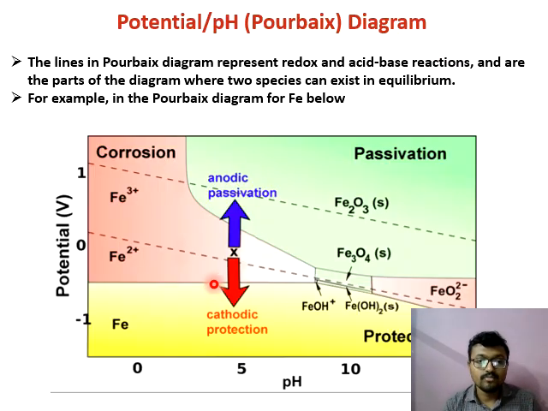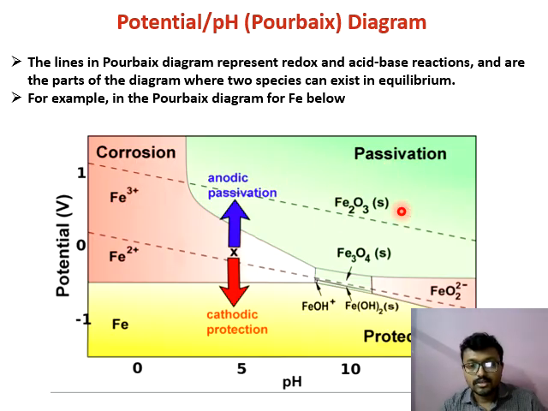In the Pourbaix diagram, we have the potential on the y-axis and the pH on the x-axis. Now, if we change the pH, how this potential and the reaction change will be discussed in this Pourbaix diagram. Okay. In the Pourbaix diagram, there will be three different types of zones. First one is iron. This is actually called the protected zone. Iron 2 plus, in this pink color, is called the corrosion zone,